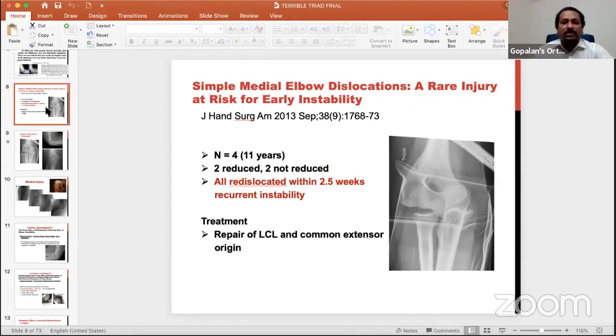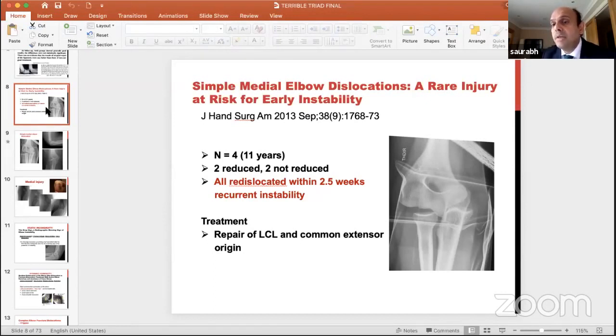The second question is, what is the role for a hinged elbow fixator, the Hotchkiss elbow fixator? Is there a current role for these injuries? They talk about it for completeness's sake. I have never put one in 30 terrible triads so far. If your capsule, coronoid, radial head, and LUCL are done properly, you will not even come to repairing MCL. And if you still have to repair MCL, then comes the X-fix, if it's still sagging down. It's an extremely rare implant to be used in the elbow.